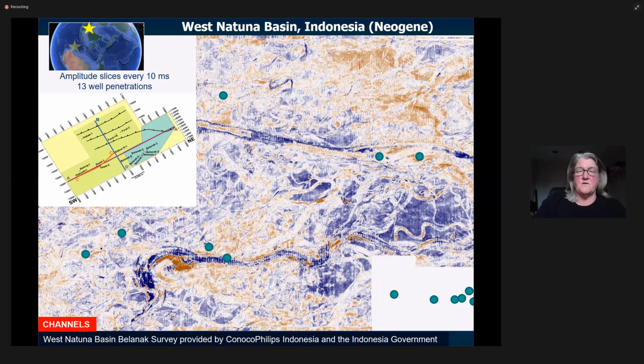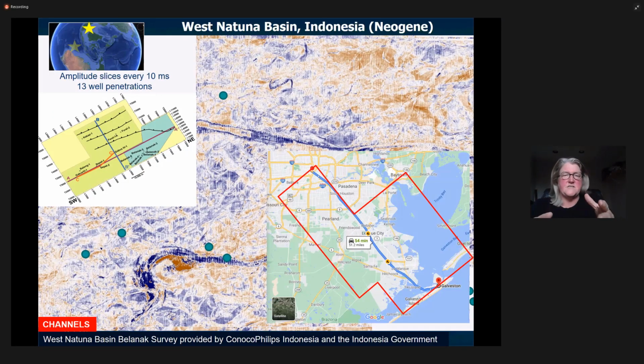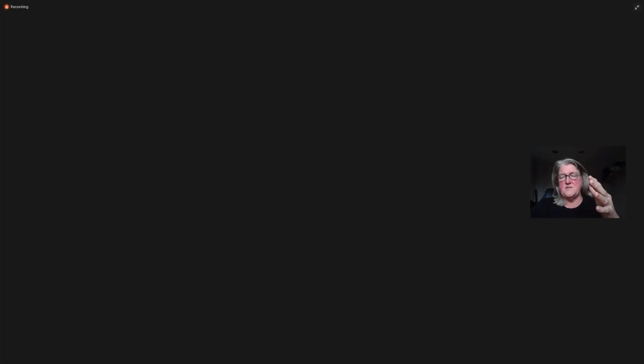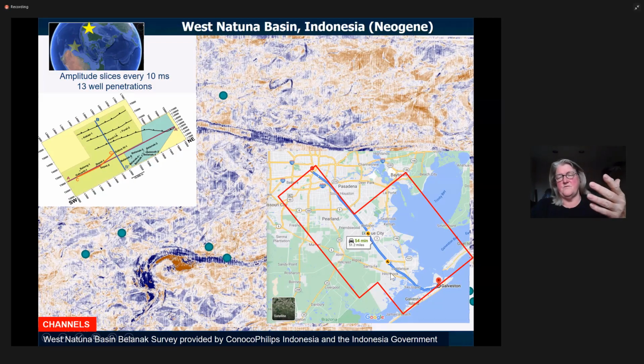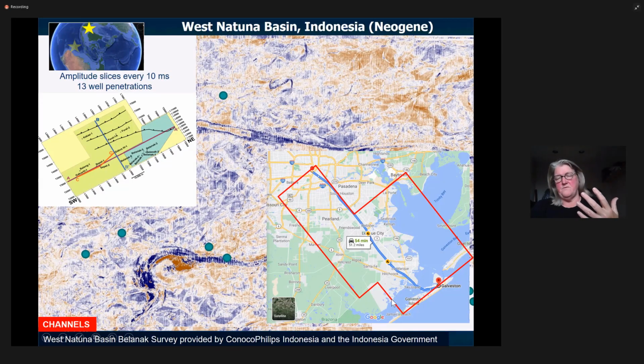So if we go through here and look at the architecture of this, let me give you a context. If you want a context for the size of this data set, I've taken the data set and superimposed it over Houston to Galveston. This is the long length of the data. It's about 50 miles by maybe 40 miles or so, but this is a huge area, all right? And so if you want to produce this area, we need to begin collecting some information on this.